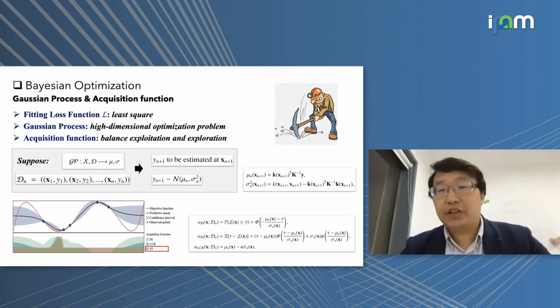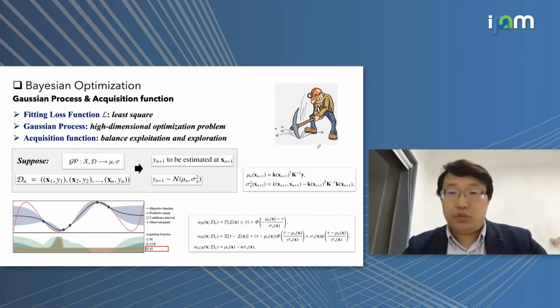So it's just like you are doing some gold mining. You know there's some gold, some well, but you don't know exactly where it is. So you have to dig some holes and make some measurements. And from the information there, you figure out roughly where the gold could be distributed, and then dig more holes, and eventually find it. So it's like this process.